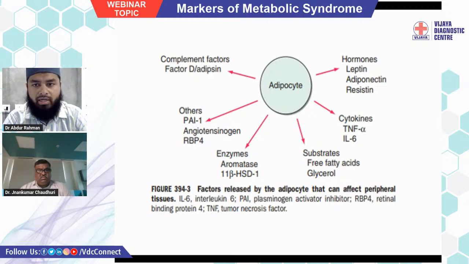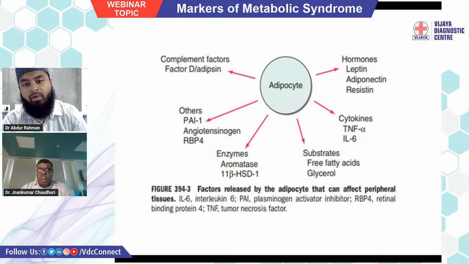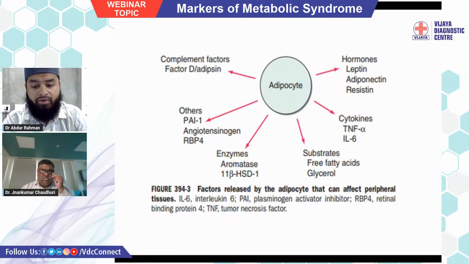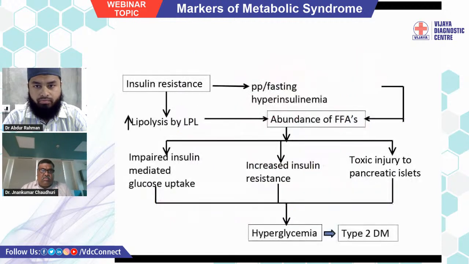So this is how we see how the fat cells are responsible for too much insulin resistance and hormonal dysregulation, as well as cardiovascular problems. Now we understand why there is a double-fold increase in CVD as well as a 4 to 5.5 times risk of having diabetes in metabolic syndrome. Now let's talk about this slide: how insulin resistance is happening and worsening the effect.